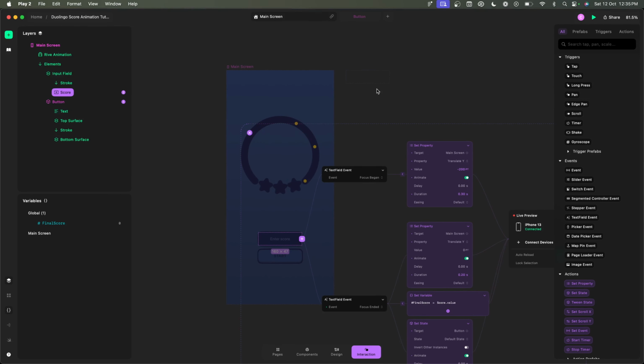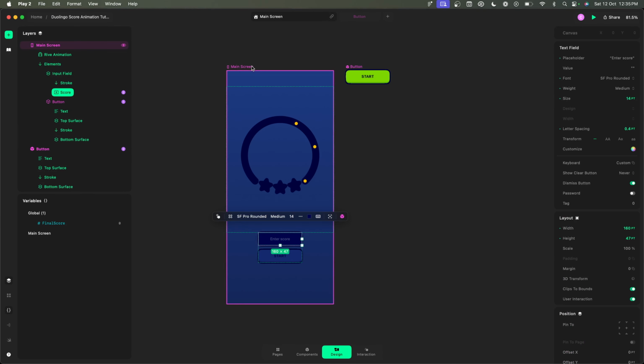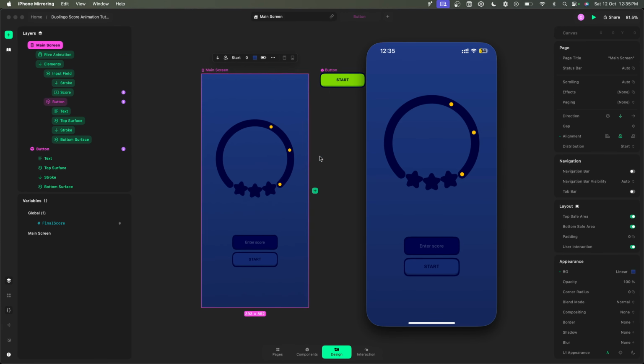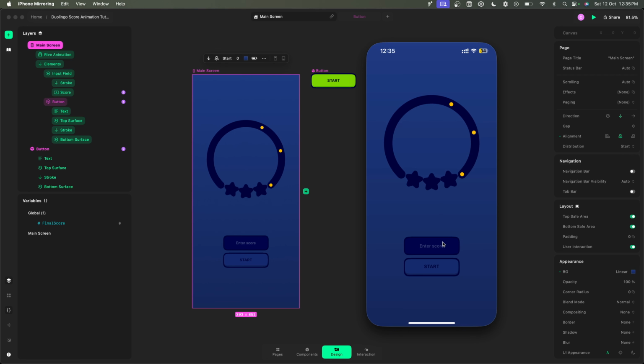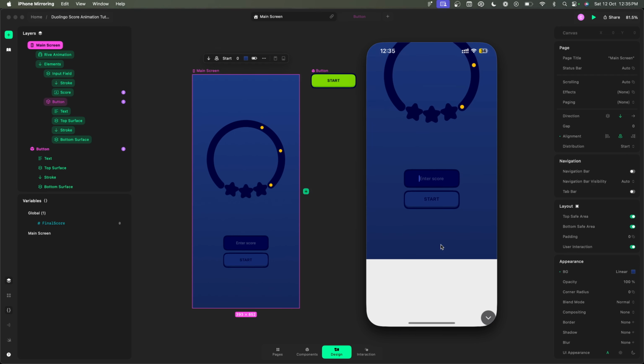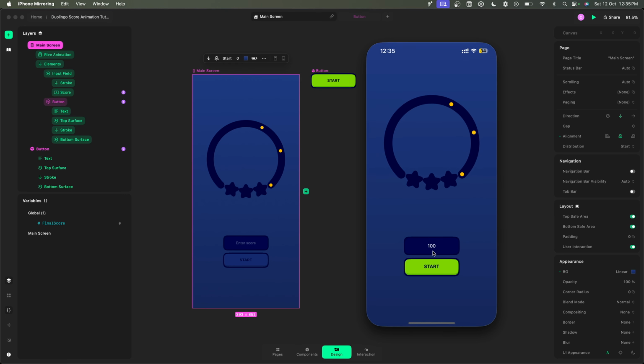So now let's see how this works. I can go back, I can bring in my phone. Now if I click here and enter a value, let's say 100, and I press this, you can see now it's active. And now if I click on it, it doesn't work. I don't know if this is a bug or not, but there is a way to solve this. So what I can do over here